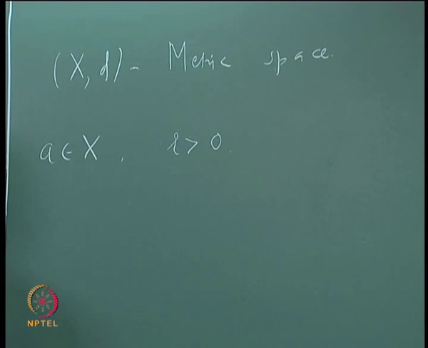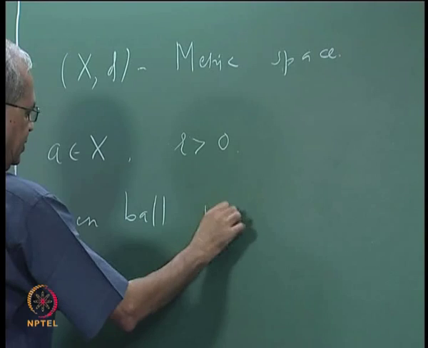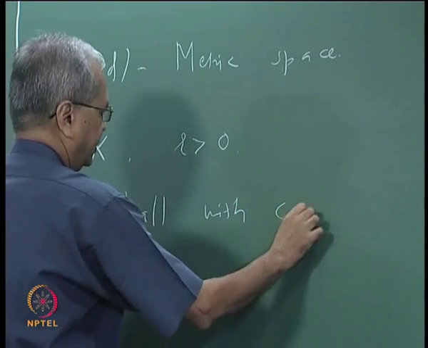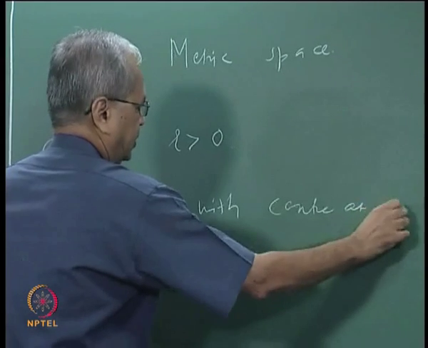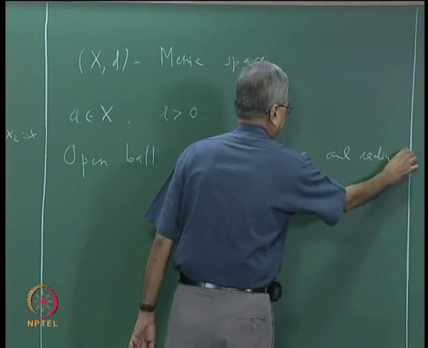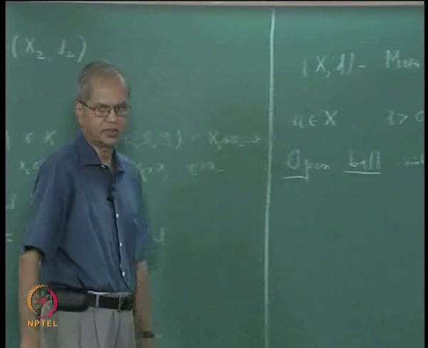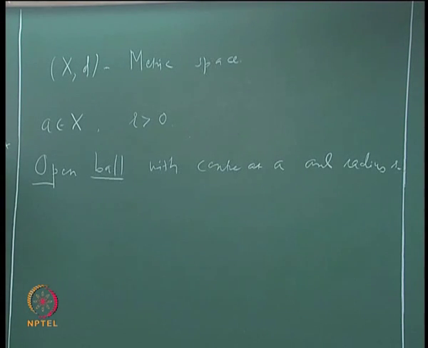We want to talk about what is meant by various sets which depend on this point A and this number R, okay. First of them is what we will call open ball with center at A and radius R, okay. So open ball with center at A and radius R. Let us fix some notation for this, because this is something we shall be using quite often, okay. So suppose I call that U(A, R),